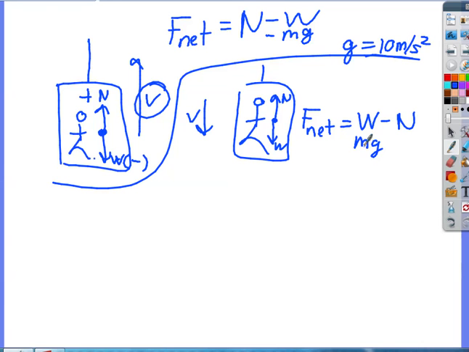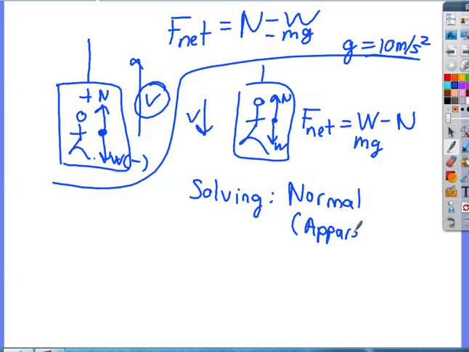What you're going to be solving for is the normal force. We're looking for the normal. The normal is the apparent weight. It's the scale reading. It's what it's going to say. All right? So therefore,